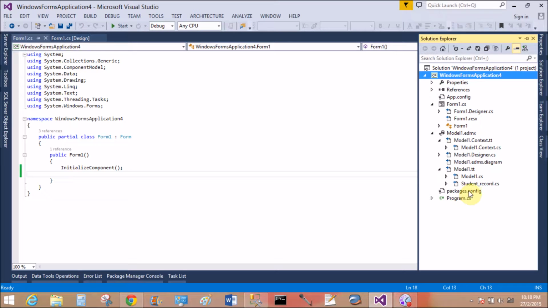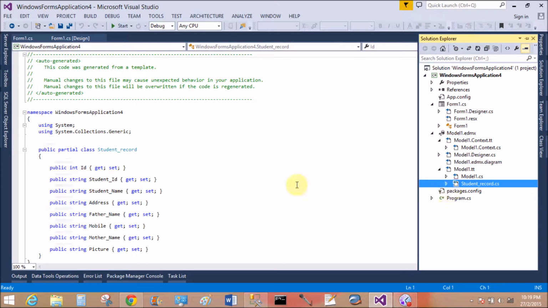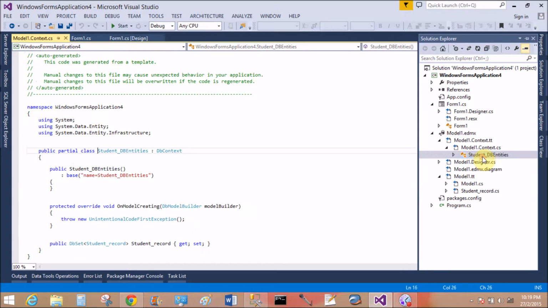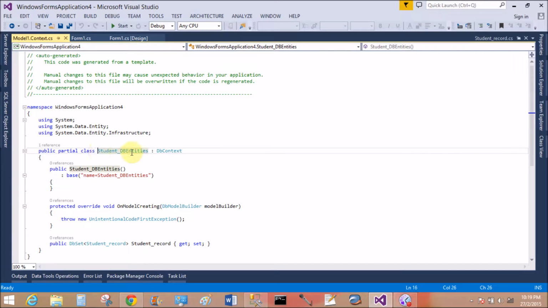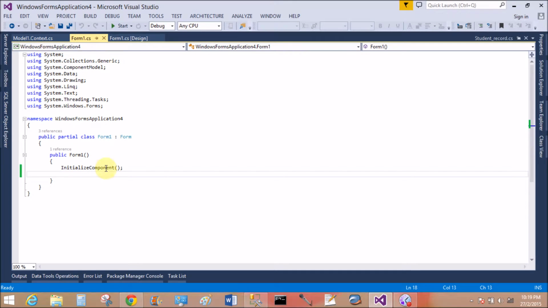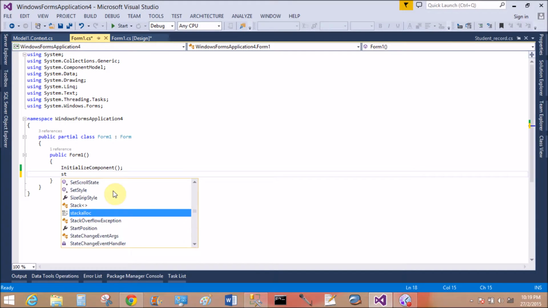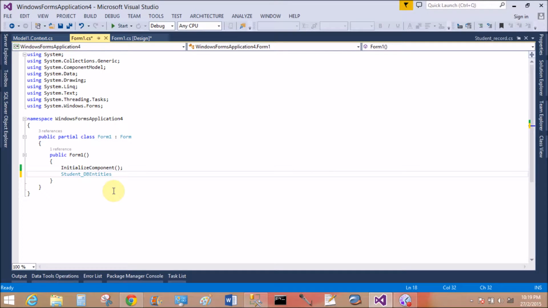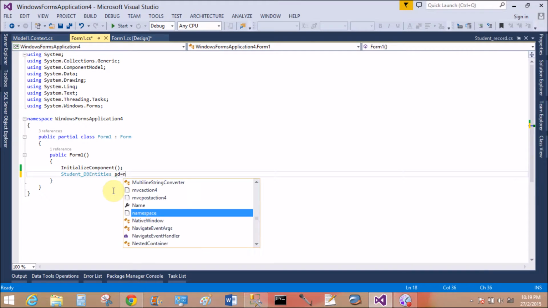Check the context name in the model.edmx file. Model1.Context, that is student DB entities. Student record is a public property through which we can access all the data from the database table. That is, student record is the database table name. So add the student DB context object, create an instance as st equals new